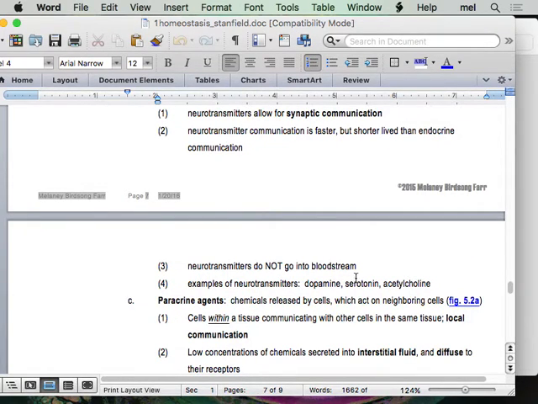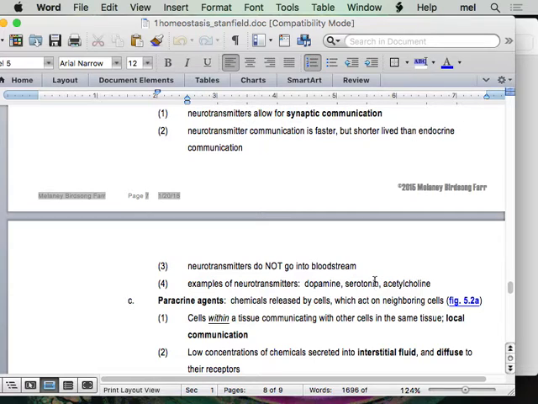Communication is faster but shorter lived than endocrine. They don't go into the bloodstream by definition. Examples of neurotransmitters, you've heard of them because either you've been depressed or anxious, or you know somebody who has, or you've had some kind of mental challenge, or you know somebody who has. So your happy chemicals, if they're all perfectly balanced, and I might have had like 10 minutes in which mine were balanced ever in my life,